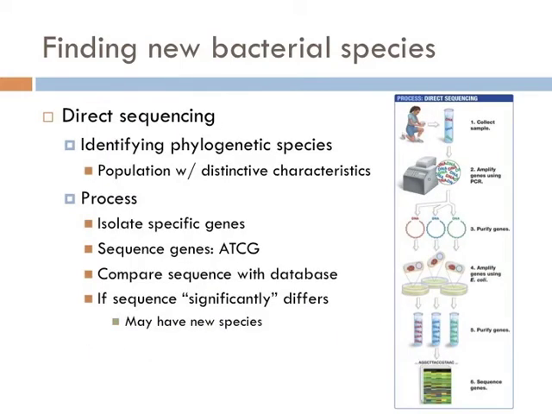Once you grow a colony up that's large enough, you have to sequence part of its genome. In this way, nearly all bacterial species have been identified using the phonetic approach under the phylogenetic species concept. So how do you sequence a gene? It is really expensive and very time-consuming to sequence an entire genome.